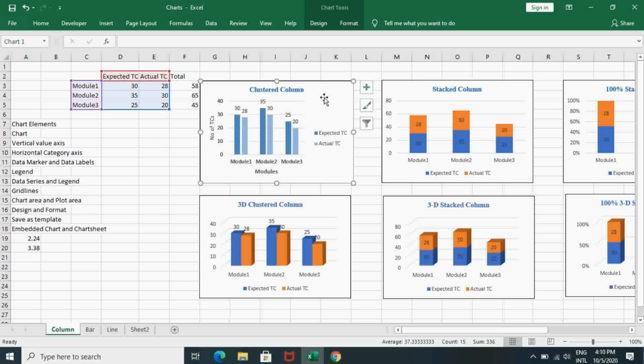So this is a chart, and this full area is said to be the chart area, and this particular area is said to be the plot area. This is said to be the horizontal axis, which is otherwise called the category axis, and each point here is said to be a category. This is said to be the vertical axis, which is otherwise called the value axis. Each point here is said to be a value,